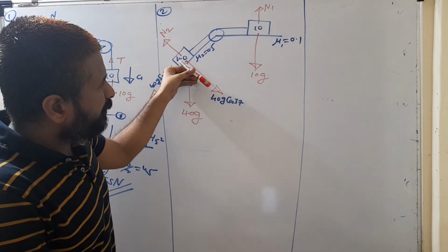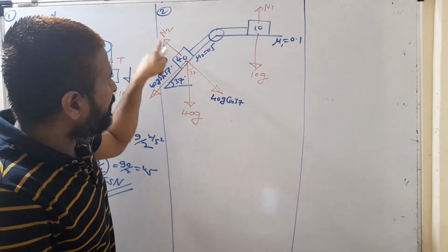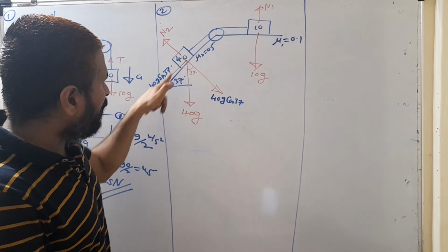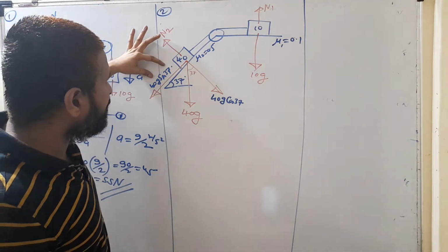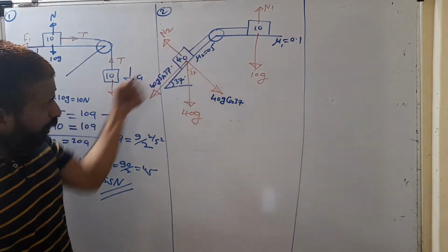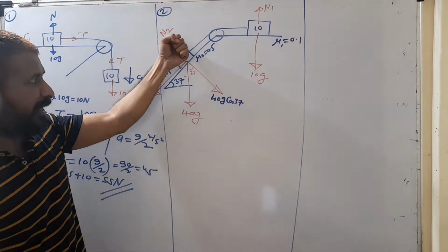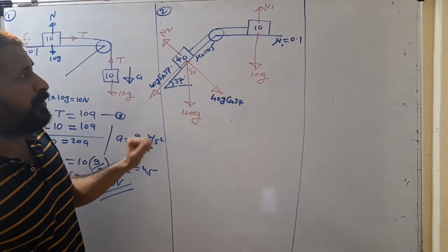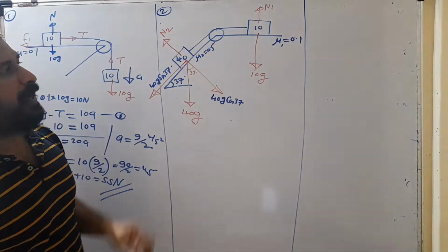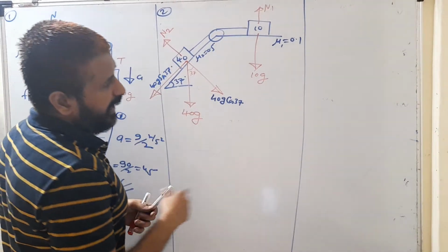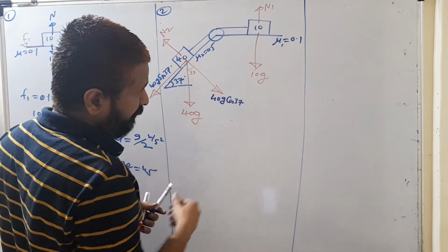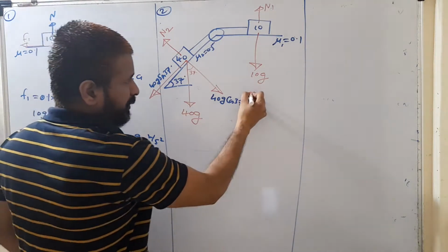So the component which is perpendicular to the surface generates the normal force, and the component which is parallel to the surface, this 40g sin 37, ये ब्लॉक को डाउनवर्ड फोर्स कर रहा है, तो ये ब्लॉक नीचे आएगा बिकॉज ऑफ दिस फोर्स. This block has tendency to move down because of this force. ये नीचे आएगा तो ये फॉरवर्ड आएगा. तो पहले N1 N2 से F1 F2 कैलकुलेट करो. Calculate the frictional force on both the blocks.